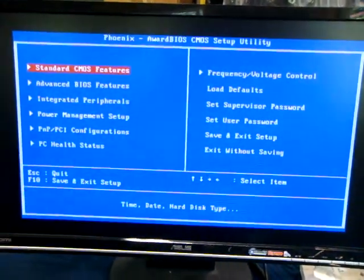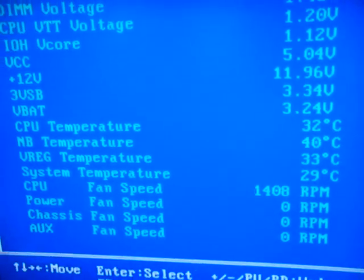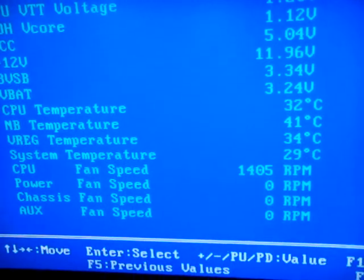Okay, let's see what kind of temps we're getting and make sure everything's cool. It's the first thing I like to do. Jump down to PC health status. Okay, that's with your Intel stock cooler. And that is